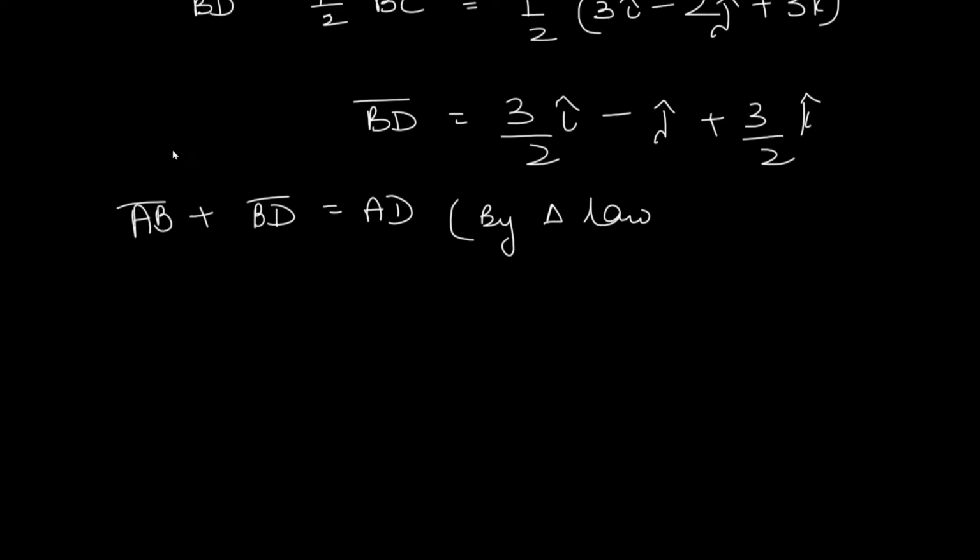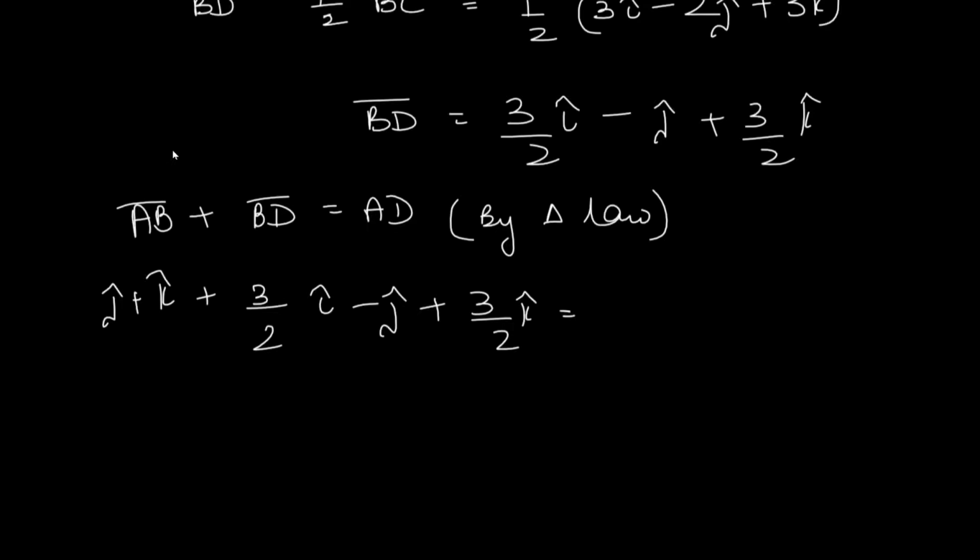You should draw the figure in the textbook and in your notebooks and see it. And therefore, we substitute the value for AB and BD over here, that is J plus K plus BD, the answer which we found above. Upon solving it, we get J minus J, which goes away, J term goes away. Okay, 3 upon 2I is as it is, so 3 upon 2I, and K plus 3 upon 2K, equalizing the denominator, we get 5 upon 2K. So this becomes the answer for AD, vector AD.